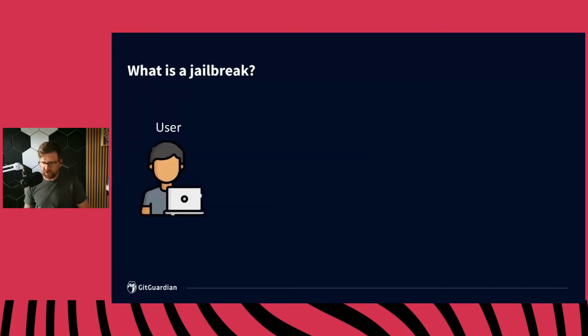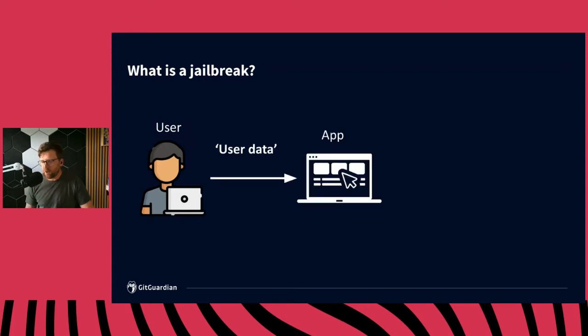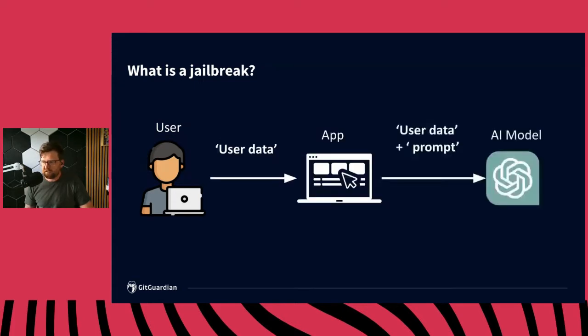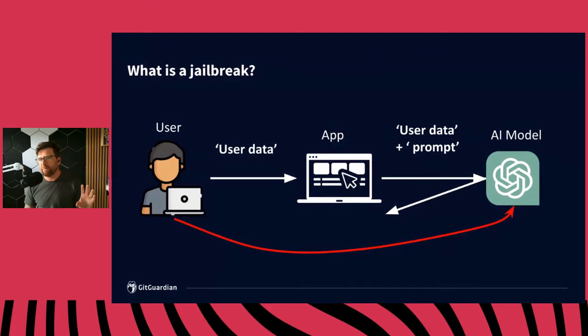What is jailbreaking? Let's say there is an application that is using ChatGPT in the backend. I'm inputting some user data, it's going to this application. The application is taking that user data, formulating a prompt around it, and sending that to the AI model. That AI model is sending information back, and we can read it. A jailbreak, which is that red eye, is that, hey, I want to bypass the app. I want to bypass all the security controls around that app, and I just want to talk directly to the